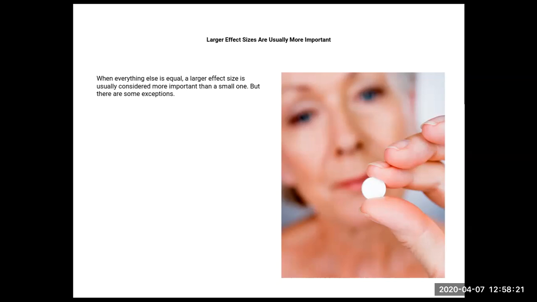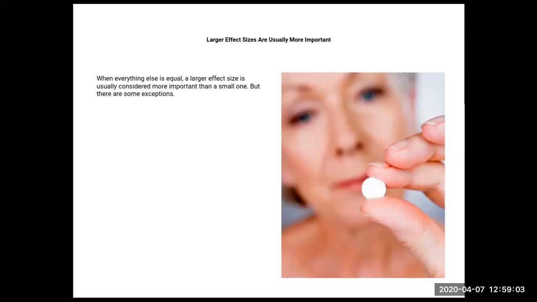Well, in this picture, the woman's face is supposed to be out of focus, because what is focused on is that she's holding an aspirin tablet. A lot of people take aspirin, of course, to reduce headaches and stuff like that, but over-the-counter aspirin is prescribed a lot for people who have high blood pressure. Because what aspirin does is it thins the blood out a little bit. Because if you have too much blood pressure going into your heart, there is a higher risk of heart attack. Or if you have too much blood pressure going into your brain, a higher risk of strokes. So if you thin the blood out, it helps to protect against the possibility of a stroke or a heart attack.